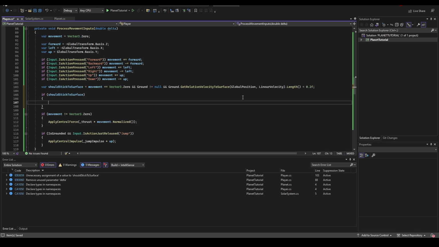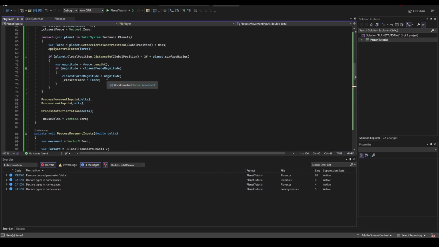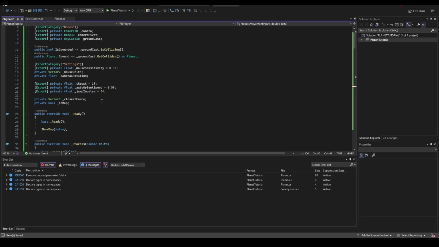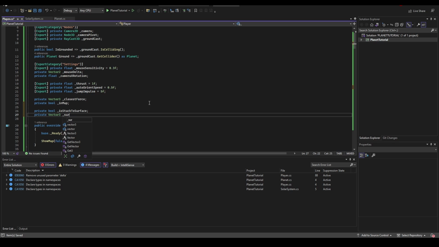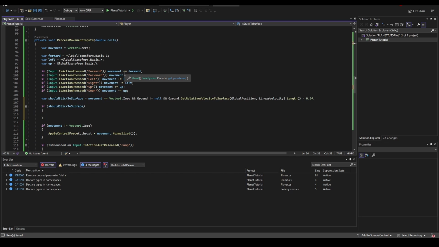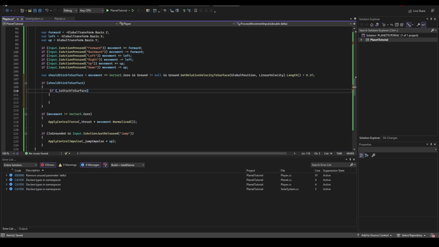So if we should stick to the surface, well, first we want to track, 1, if we are already stuck to the surface, and 2, what position we are being stuck to. So we'll go back up here to the top, and we can define private bool isStuckToSurface, and private Vector3 surfacePosition. So this is going to be the position relative to the surface that we're stuck to, and if we're stuck there or not. So now here we can say if we are stuck to the surface,